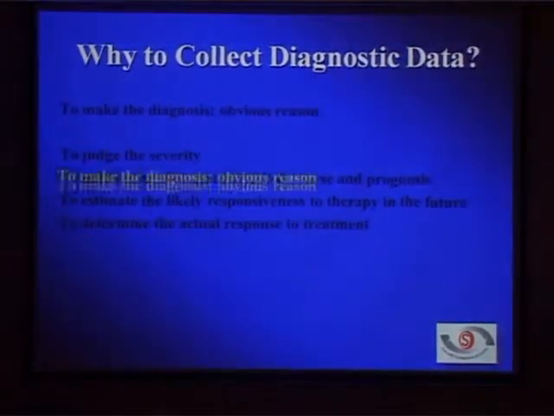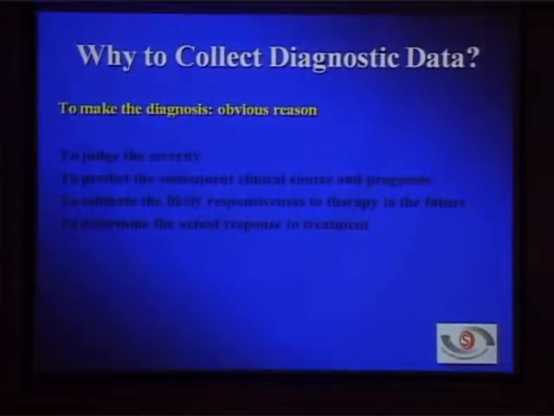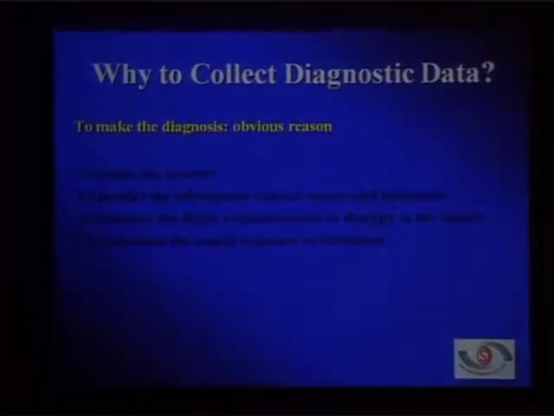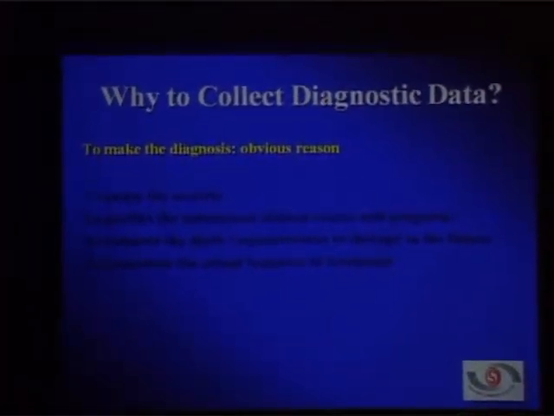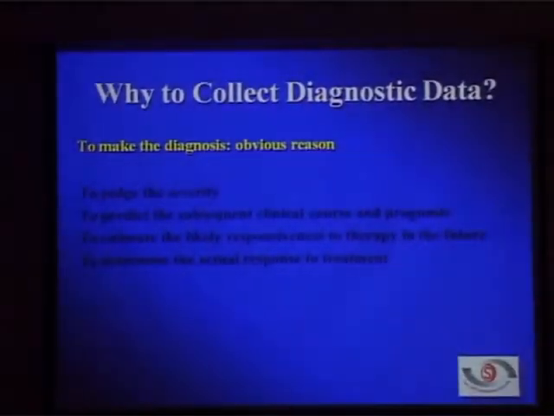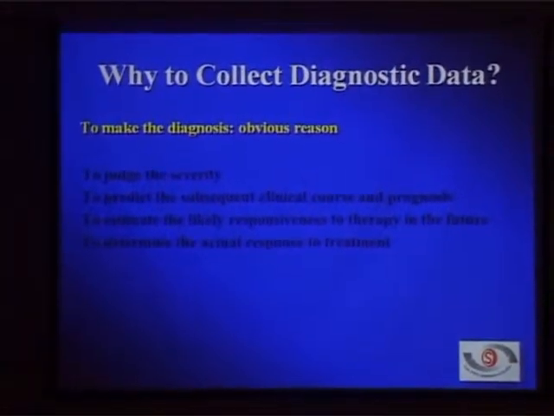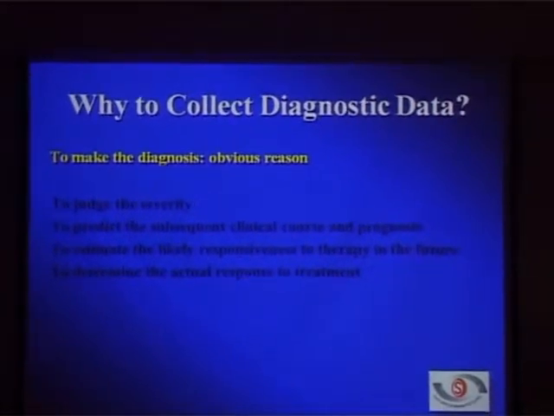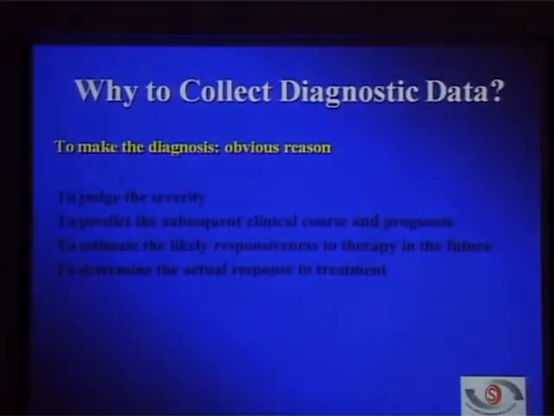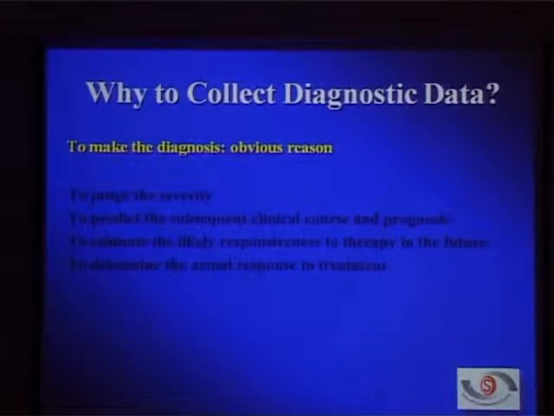If you say that it is to make a diagnosis, then it is very obvious. In fact, most of the tests are not to make the diagnosis as far as ophthalmology is concerned, because most of the things you can see. My practice is mainly glaucoma. I do not require automated perimetry or HRT or GDX or OCT or any XYZ instrument to make the diagnosis. When I see pressure of more than 22, 24, 25, and the optic disc is looking glaucomatous, then the patient definitely has either open angle or angle closure glaucoma, depending upon the gonioscopy finding.